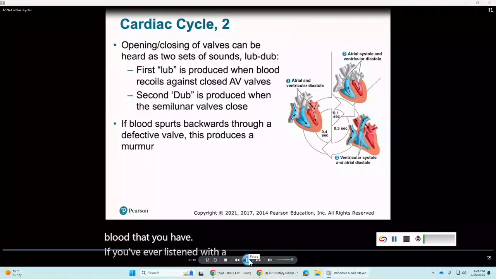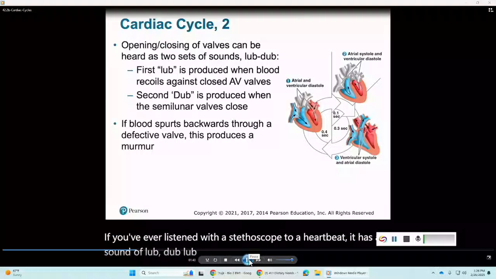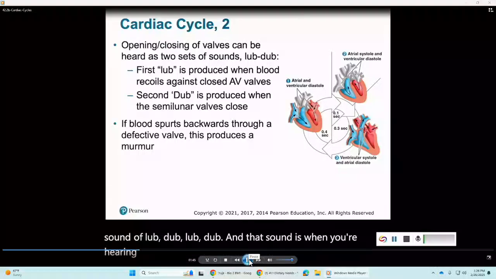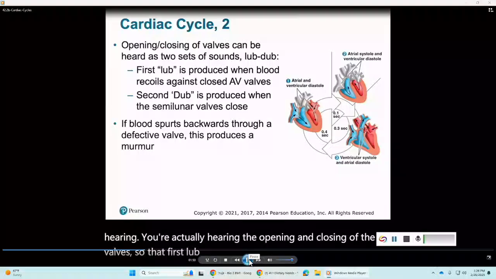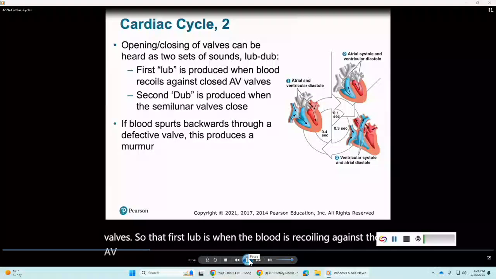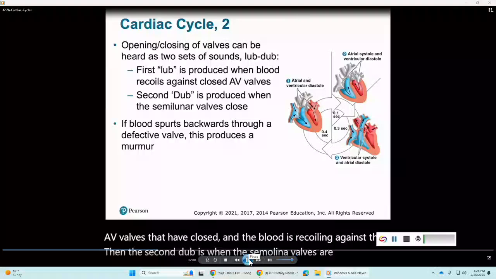If you've ever listened with a stethoscope to a heartbeat, it has the sound of lub-dub, lub-dub, and what you're actually hearing is the opening and closing of the valves. So that first lub is when the blood is recoiling against those AV valves that have closed. Then the second dub is when the